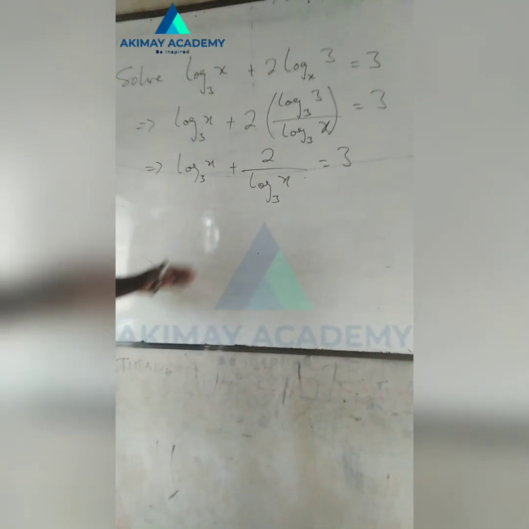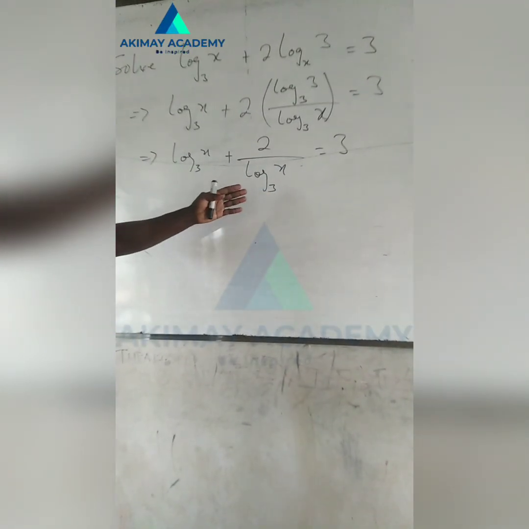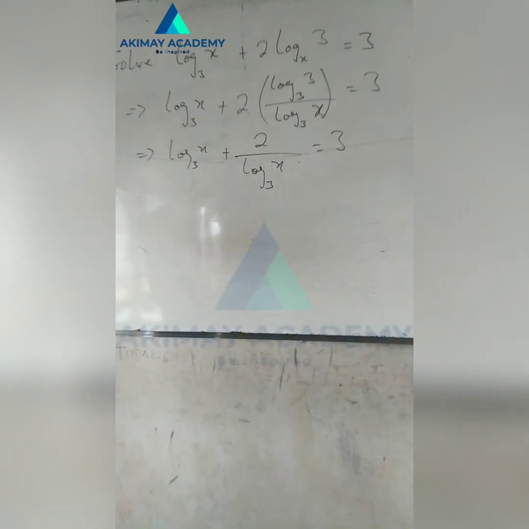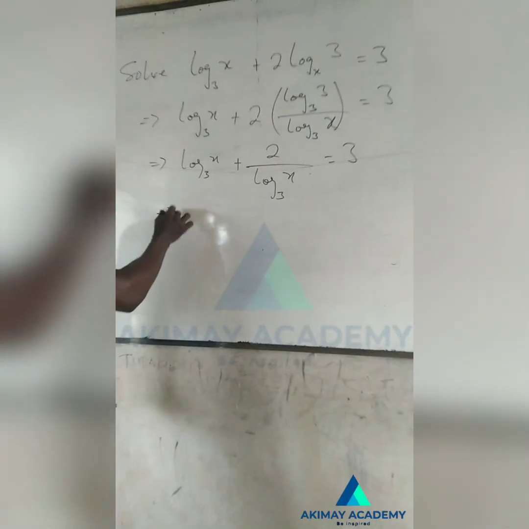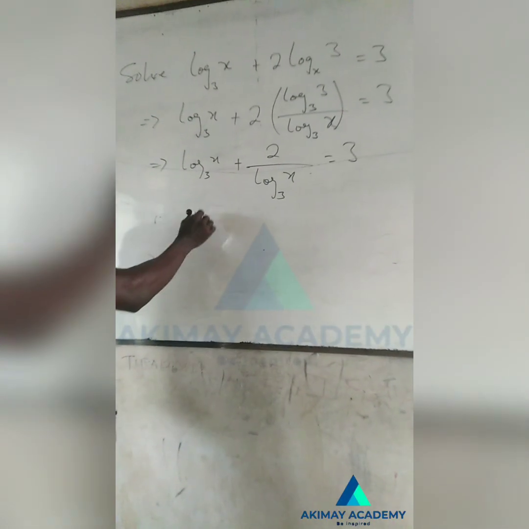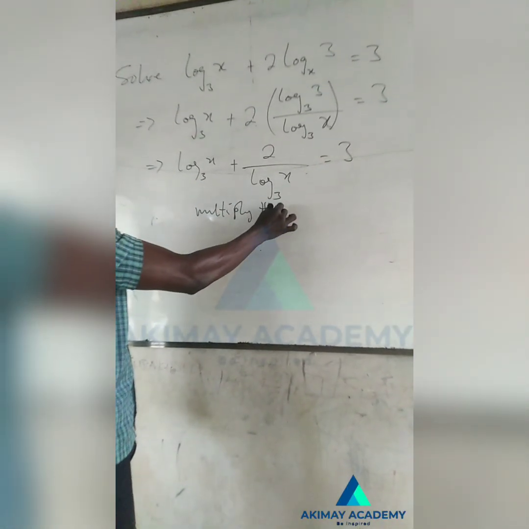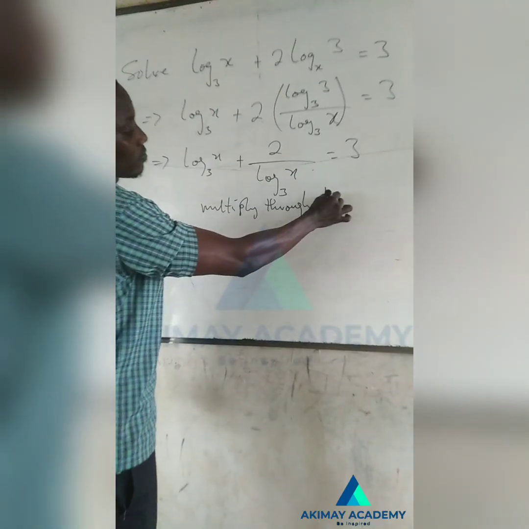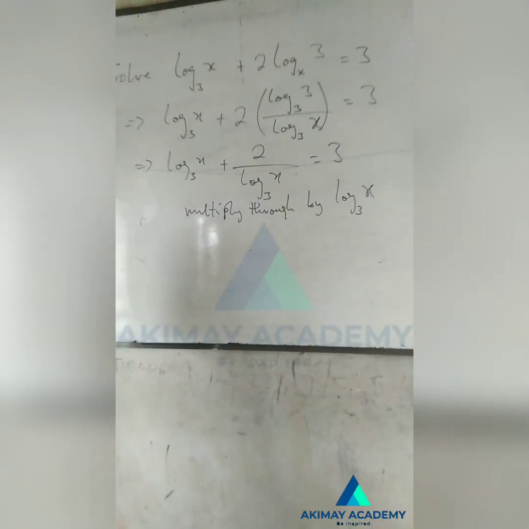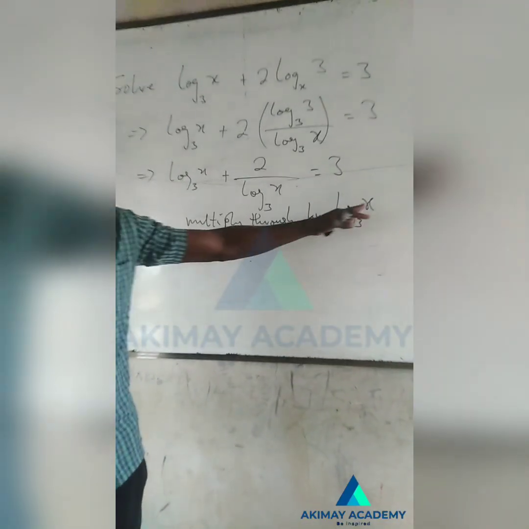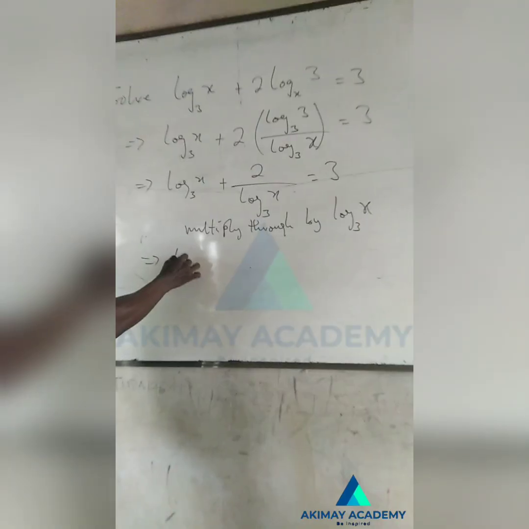Okay. So you can see there's a fraction here. So what do we do to remove the fraction? Okay, so we multiply through by the denominator. So you can say multiply through by log x to the base 3. And this is going to give us